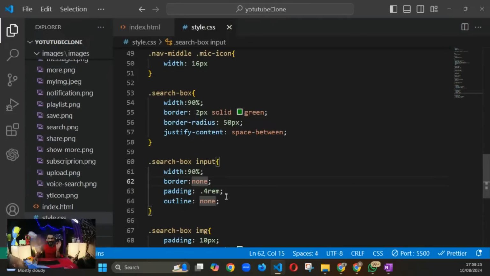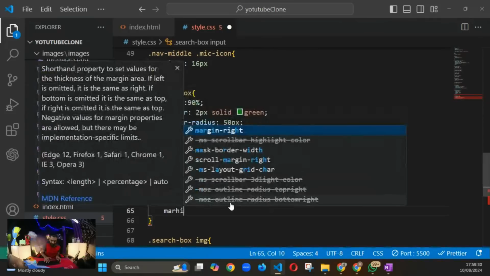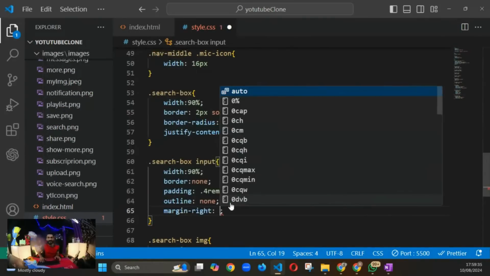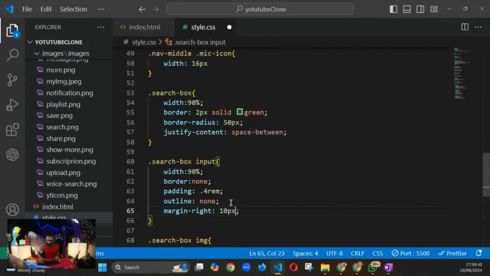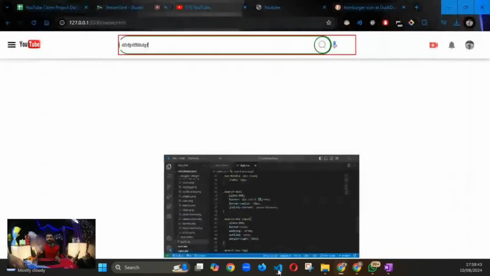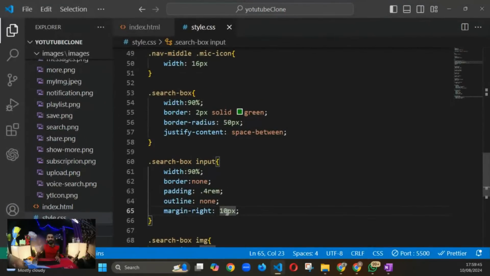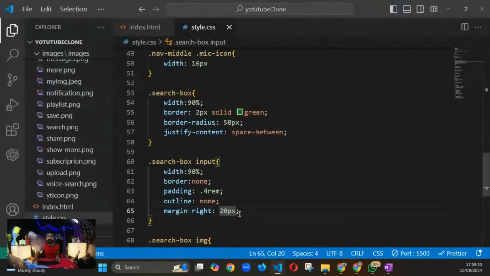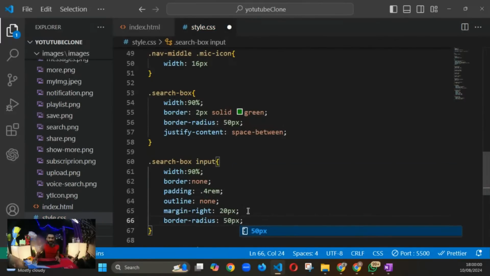ओके, सो अब मैं क्या करूंगा, इसको थोड़ा सा मार्जिन दे दूंगा, राइट, लेट मी गिव सम मार्जिन, मार्जिन कहां से देना है मेरे को, राइट से, मार्जिन राइट, आई वांट टू गिव इट से 10 पिक्सल्स, लेट्स सी नाउ, और दे देते हैं थोड़ा सा, मे बी 20 पिक्सल्स, नहीं हो रहा क्या, ओके, नो वरीज, मत दो मार्जिन भी, बॉर्डर रेडियस दे दो, सिंपल, काम खत्म, बॉर्डर रेडियस 50 पिक्सल्स, काम खत्म।